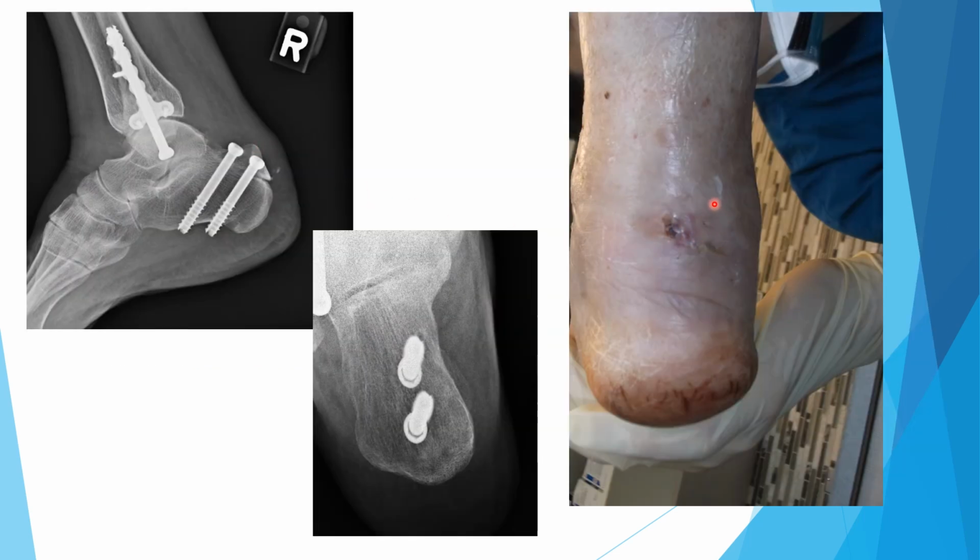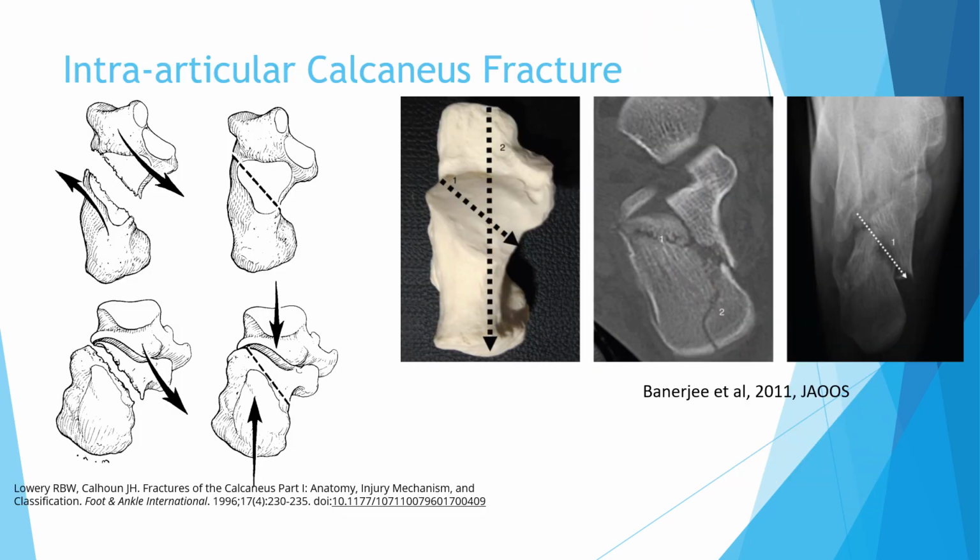You can see here the condition of the skin about 3 weeks after suture removal. You can see it completely healed, with a very tiny incision, and you can see here the reduction with 2 screws through a percutaneous approach. So now, after we talked about extra-articular calcaneal fracture, we'll shift to the very important topic, which is